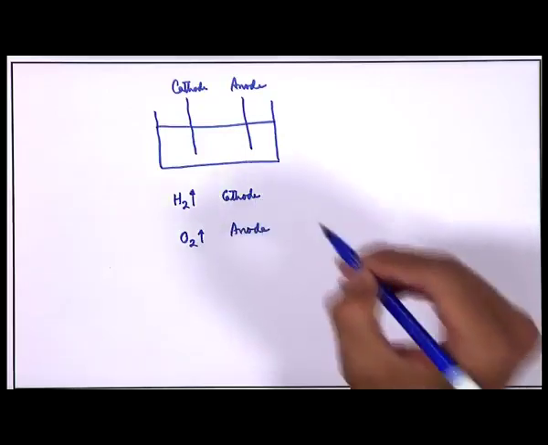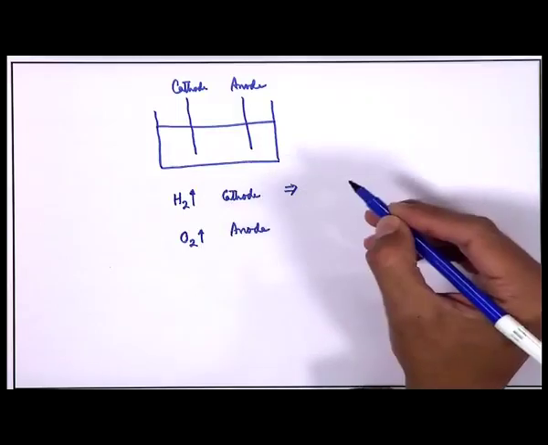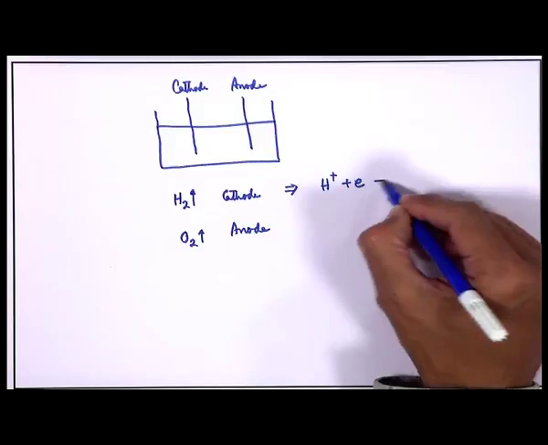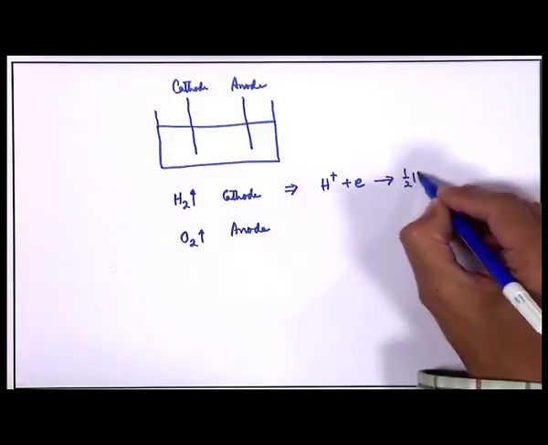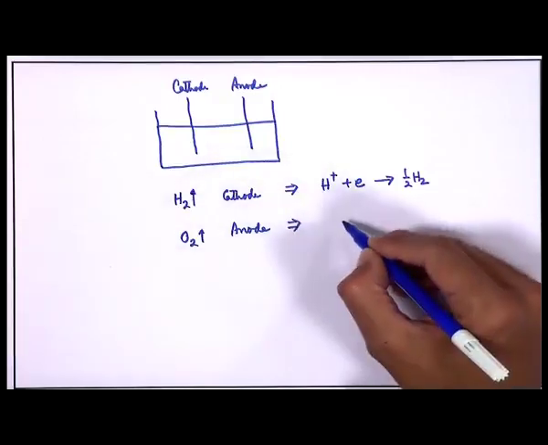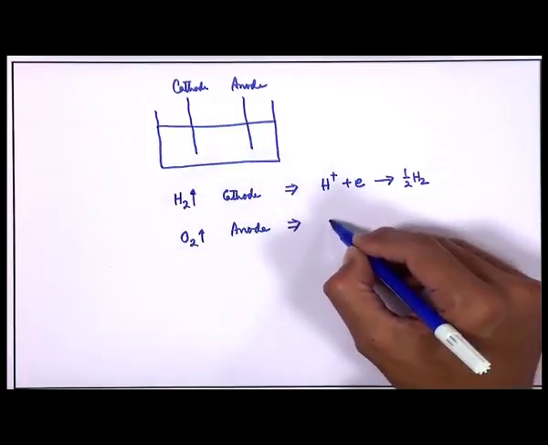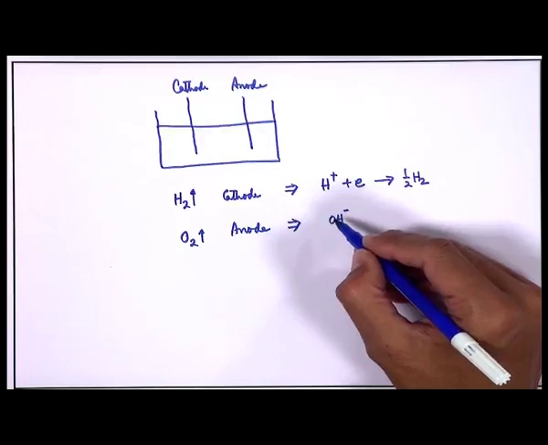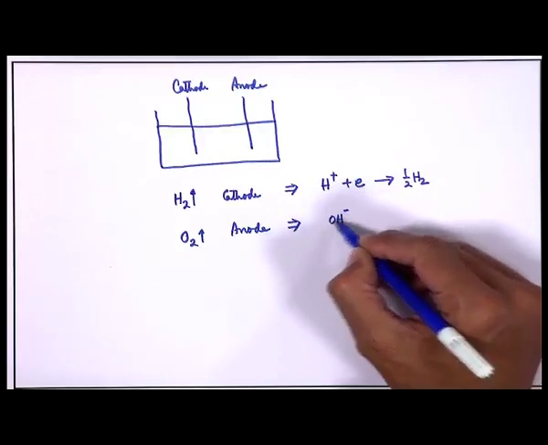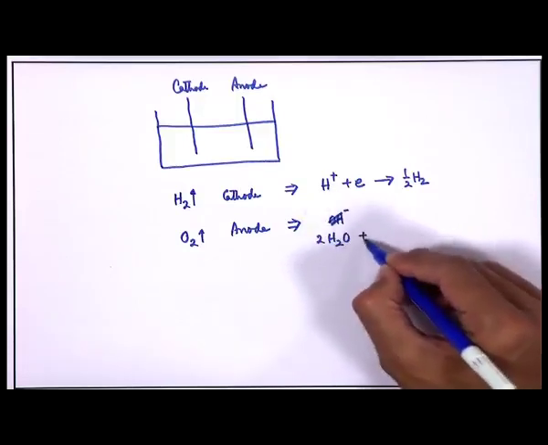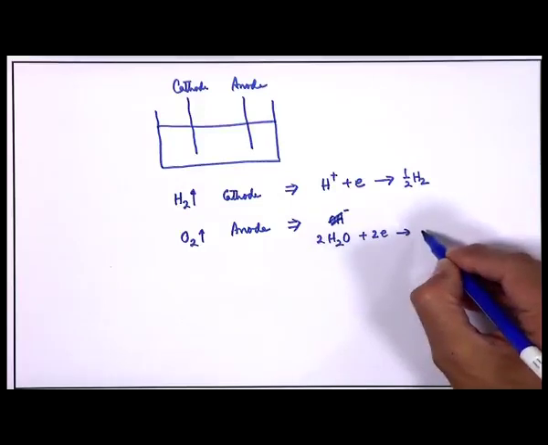Okay. So, cathode means reduction. That means H plus plus electron gets you half H2, and your OH minus. Or maybe better to say H2O: 2 H2O plus twice electron gets you